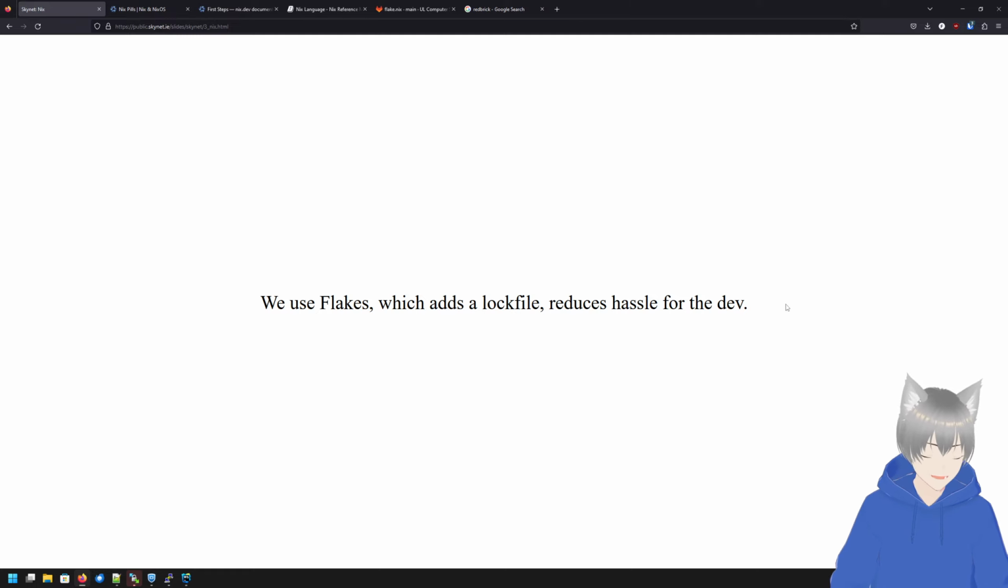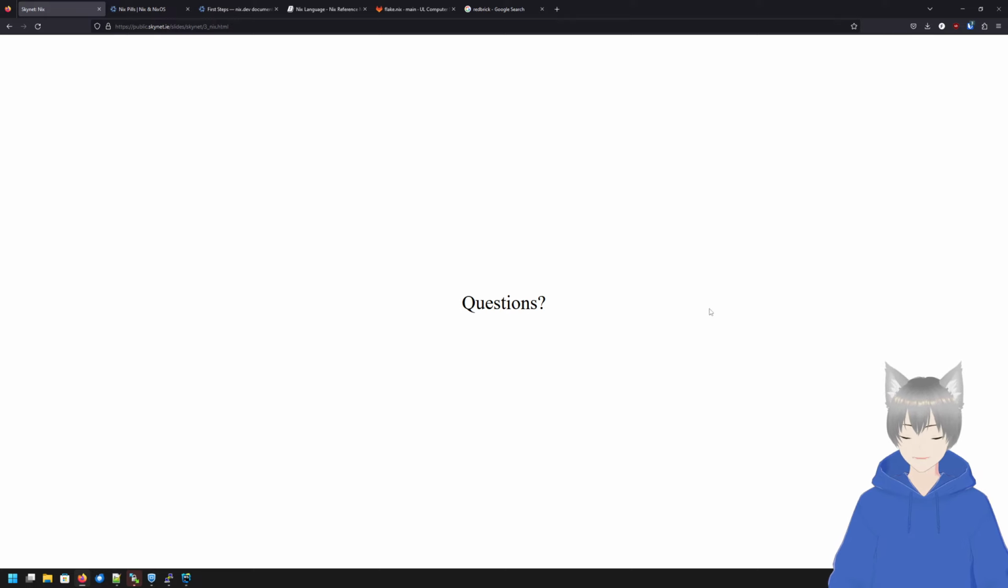Anyway, so back to this. Which adds the log file, which reduces hassle for the dev. There is one single command that you use to update, which is